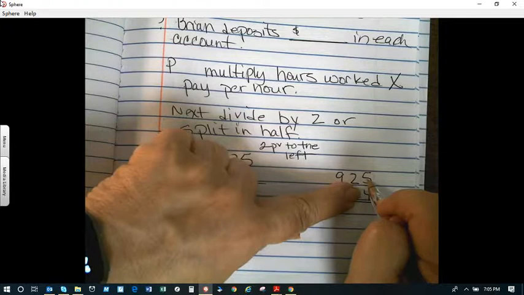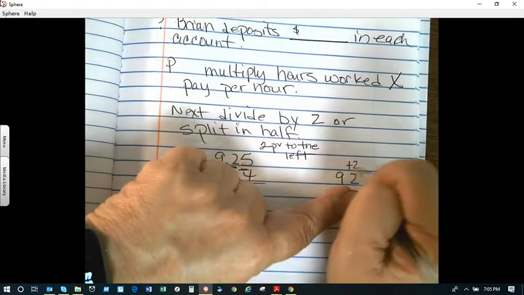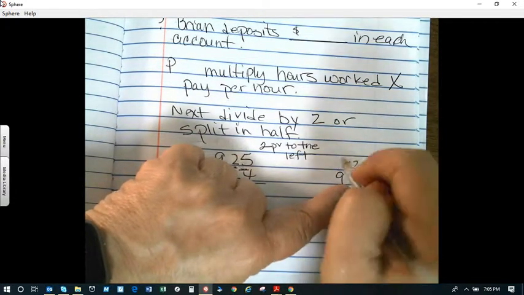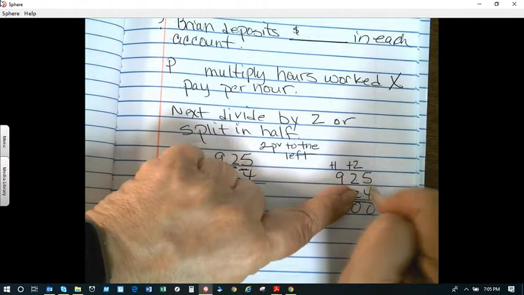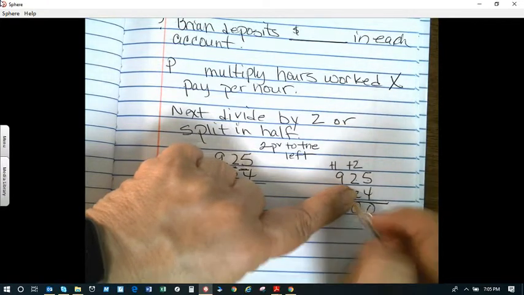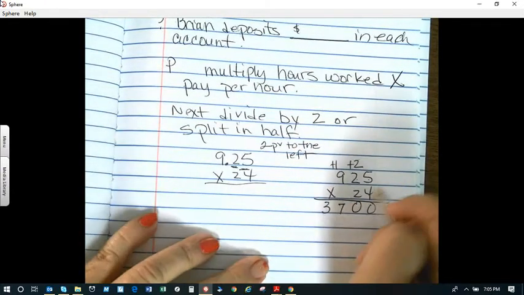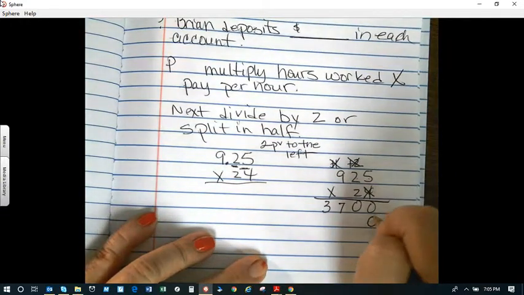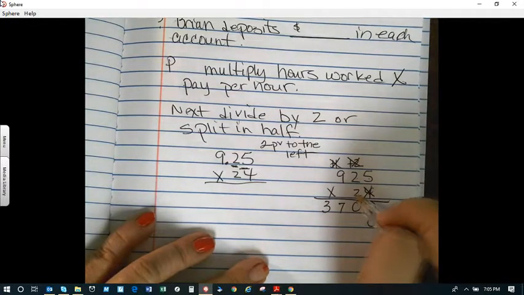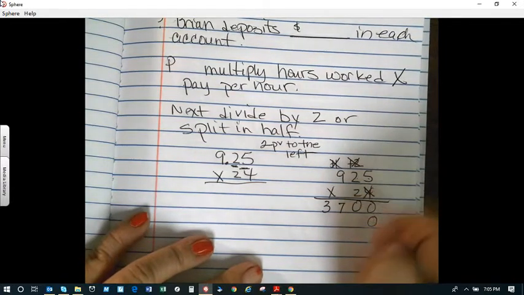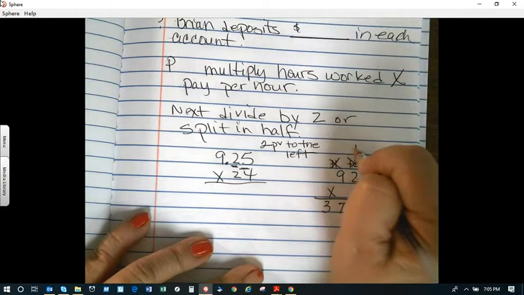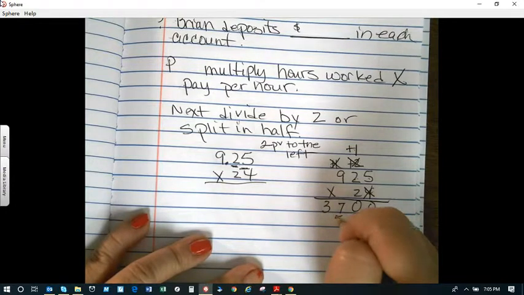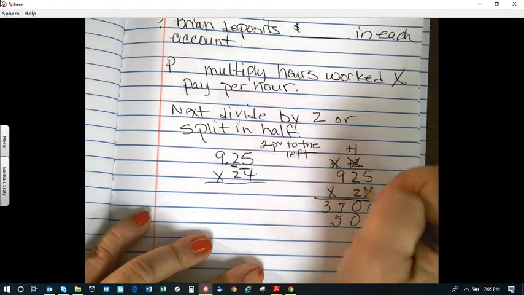5 times 4 is 20. Carry my 2. 4 times 2 is 8, plus 2 is 10. Carry my 1. 4 times 9 is 36, plus 1 is 37. Cross out my 4, cross out my carryovers. I'm going to put my 0 as my hero to hold the space. Now I'm starting in the tens. 2 times 5 is 10. Carry my 1. 2 times 2 is 4, plus 1 is 5. 2 times 9 is